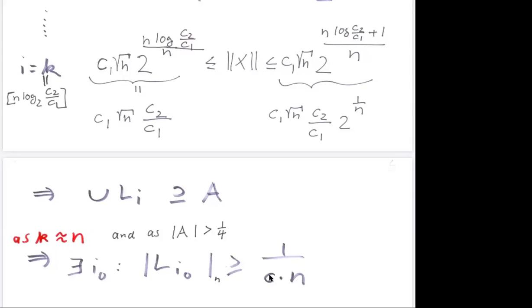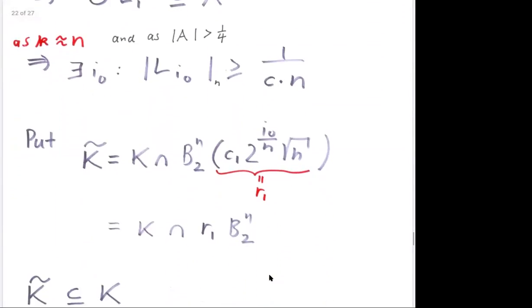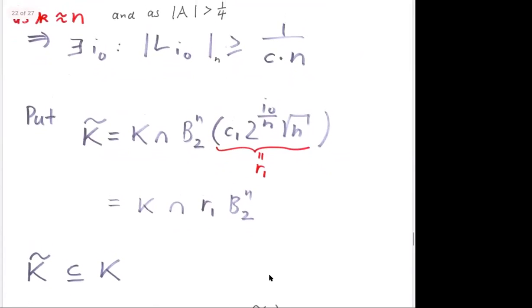Maybe I should go a bit slower now, because now it's the technical part. So, okay, so we are almost there. As the K twiddle, we'll put now K intersected with the Euclidean ball where we have picked as the radius R, and I've called it R1 now,